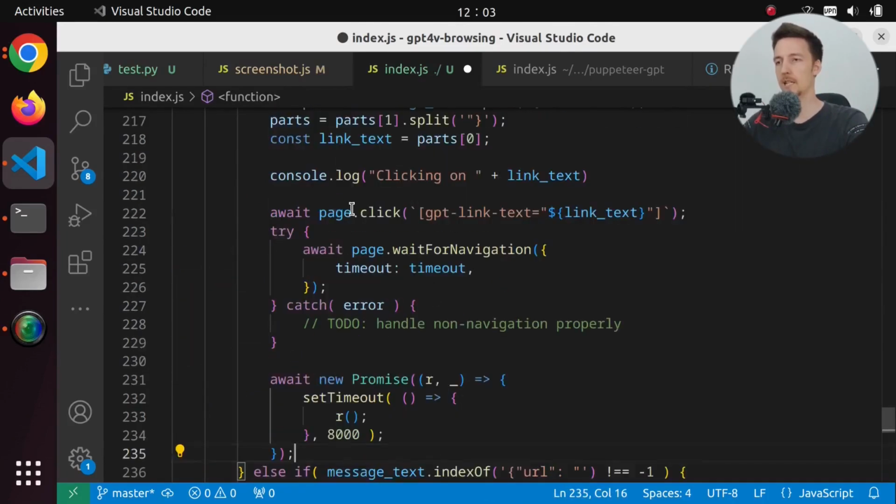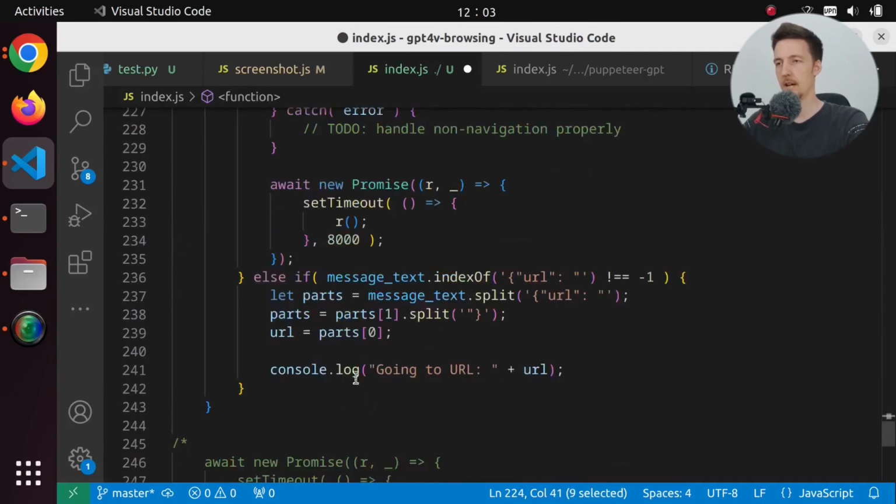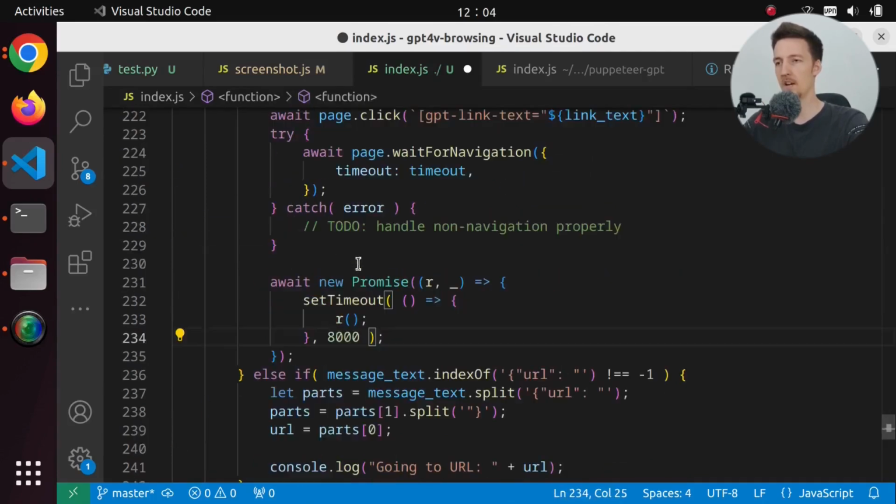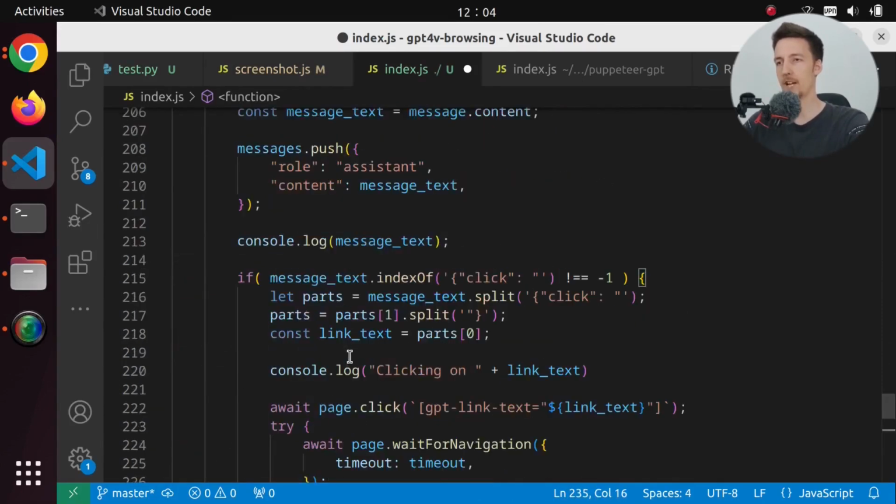So I will not do it here. I will just click it and wait for navigation. And this timeout is a bit weird. Why do I have to wait so long? I think it's in this case because the code on the page is so long. Then let's just wait 8 seconds for now. Whatever. But then what we have to actually do